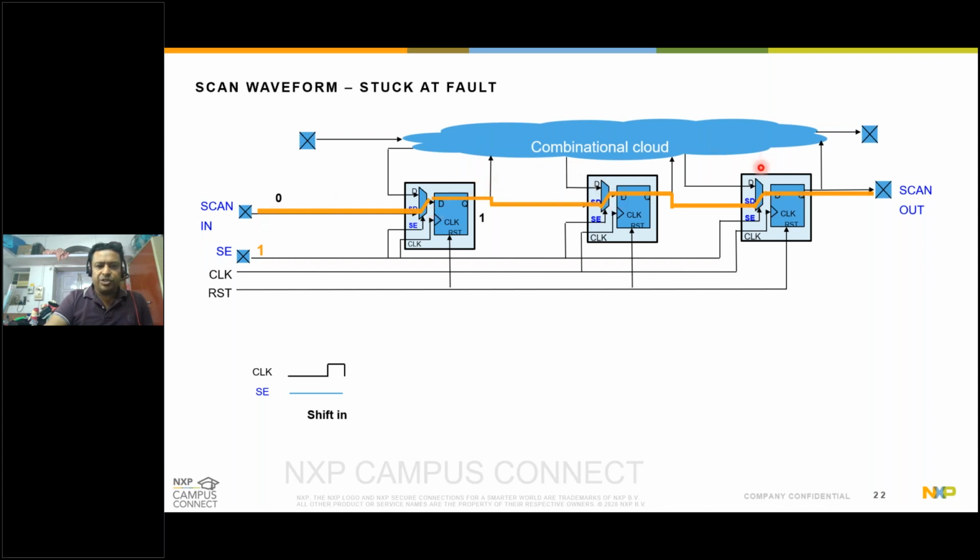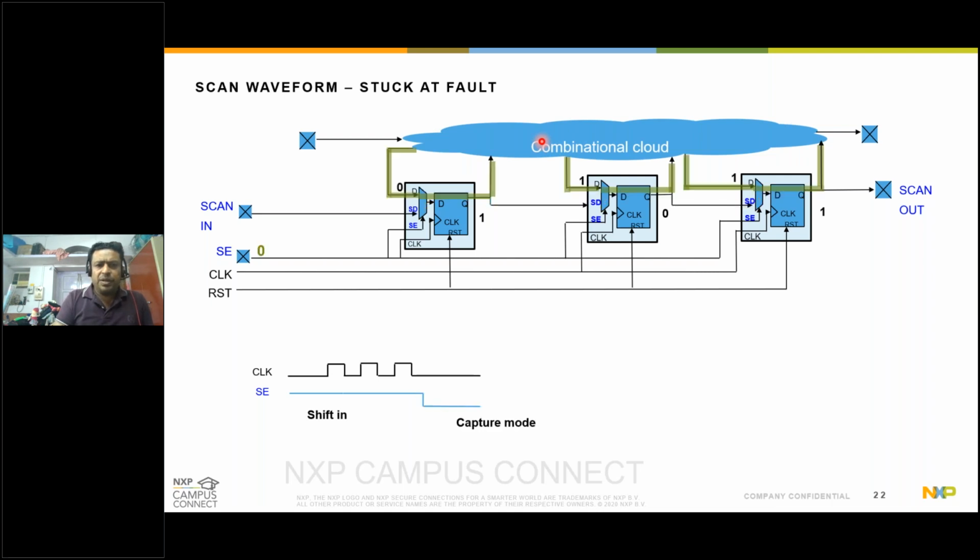Then I provide clock pulses to my logic so that this pattern is shifted into these registers. With 3 clock cycles, I have now shifted the required pattern, 101, into my internal registers. I have done this by forcing the required pattern on scan-in and clocking my design. Now, since I have fed in this desired pattern, I should be able to control my internal nodes. Whatever values I have shifted in go to the internal gates of this combinational cloud and force specific values on these gates.